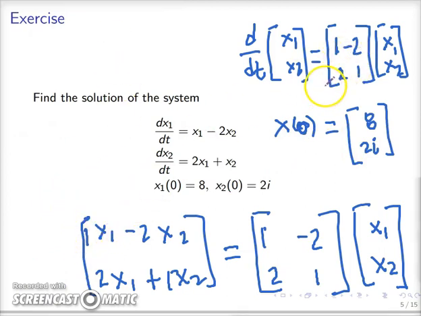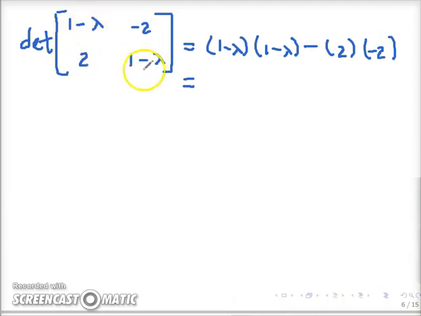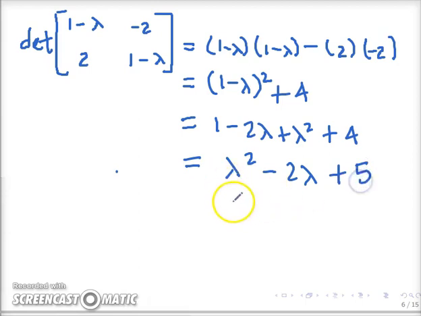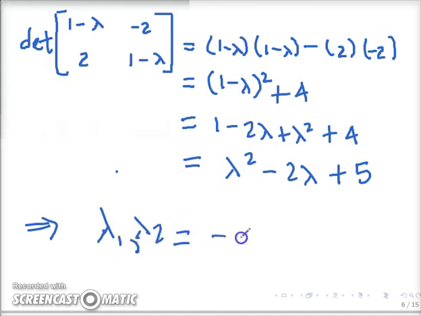So we need to compute the eigenvalues of this matrix. And to do that, we compute first the characteristic polynomial, which means that we're computing the determinant of this matrix, now using lambda as the variable of the polynomial. So this computation reduces to 1 minus lambda squared plus 4, and this quadratic polynomial can be written as lambda squared minus 2 lambda plus 5. So we would like to find the roots of this quadratic polynomial, lambda 1 and lambda 2, and these roots are going to result from the calculation that looks like 2 plus minus